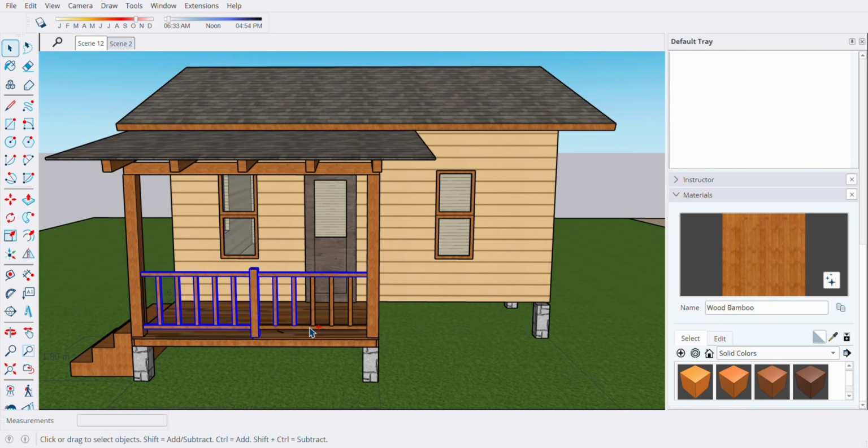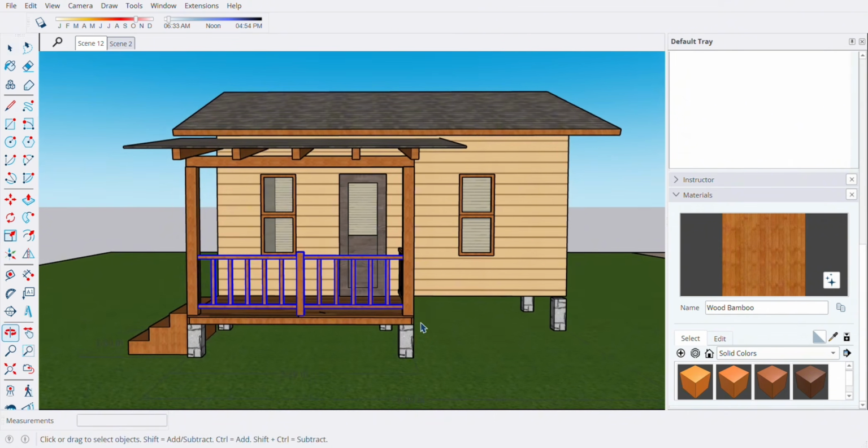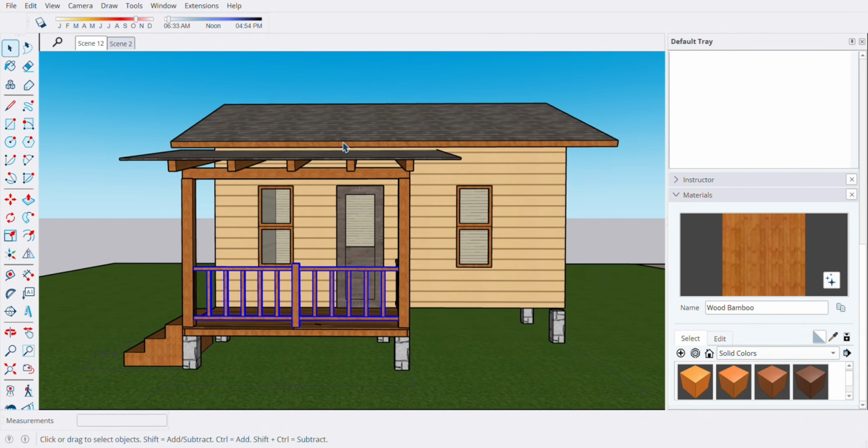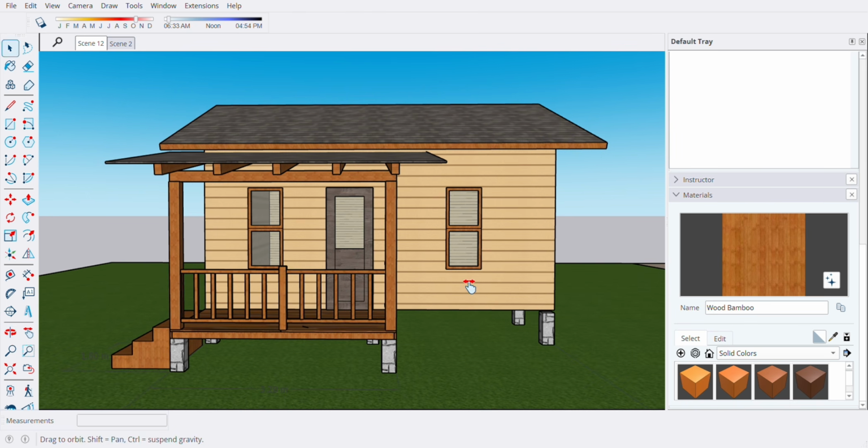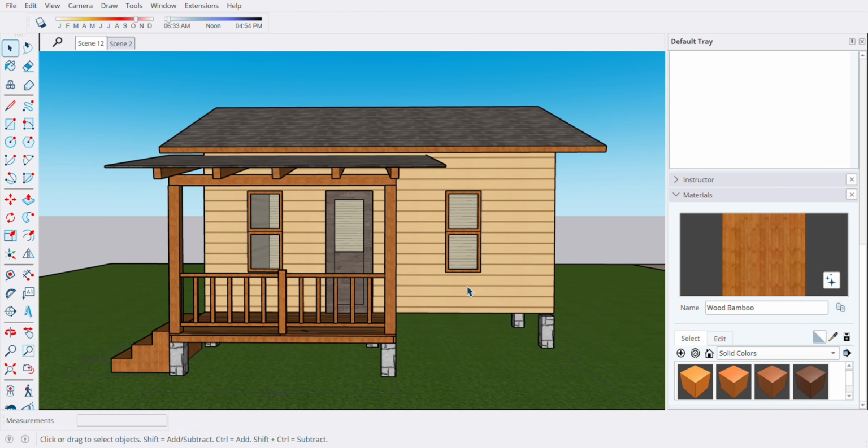So SketchUp is very easy. You just need to follow steps, and of course you need to practice also, so that your output will be good and you can finish your work easily. So without further ado,